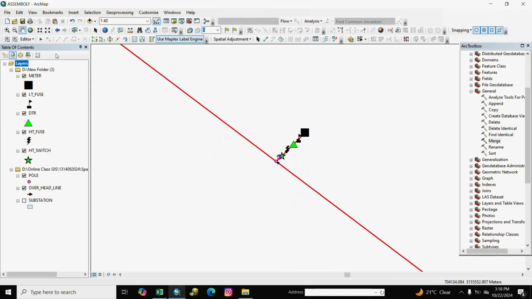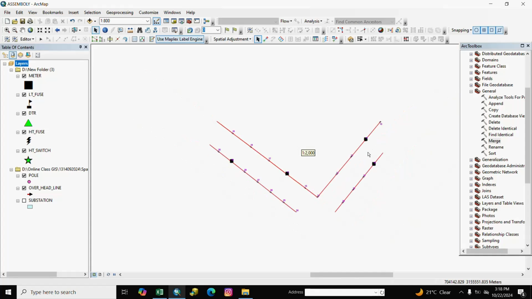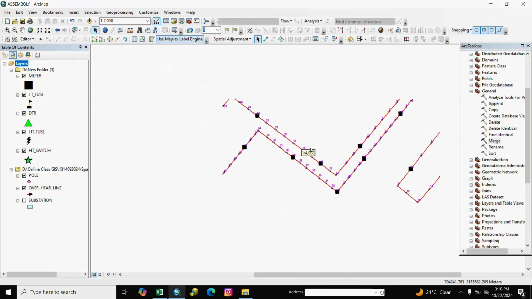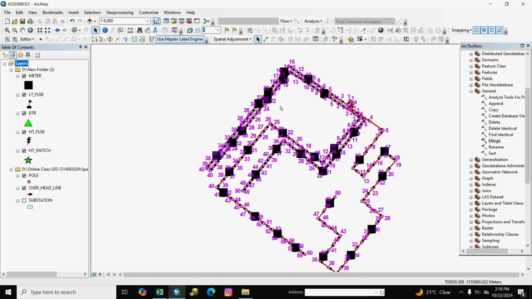So you see here all assembly is created at a time. You see here all assembly is created automatically.